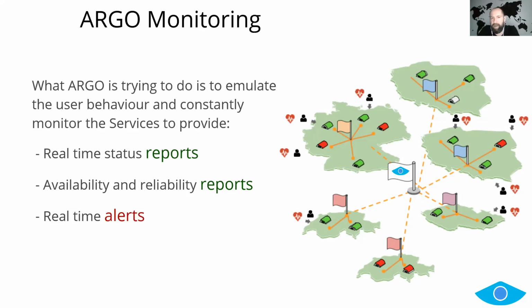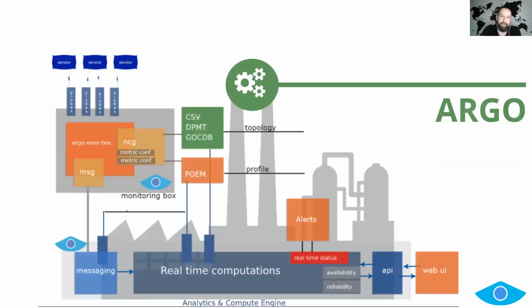Now, the output from Argo, as you'll see later in the demo, is the reports. Either status reports, meaning real-time status reports, if you want to analyze what is going on with your services, something is flip-flopping or it's red right now and you want to get the details why. At the end of a month, most of you probably noticed the reports that nice people send out. And then, of course, the real-time alerts, that's the important bit for site admins.